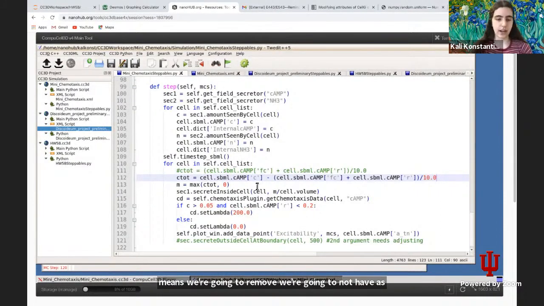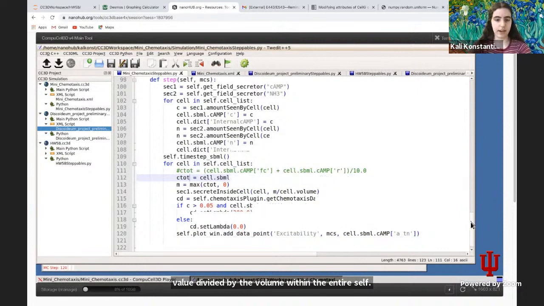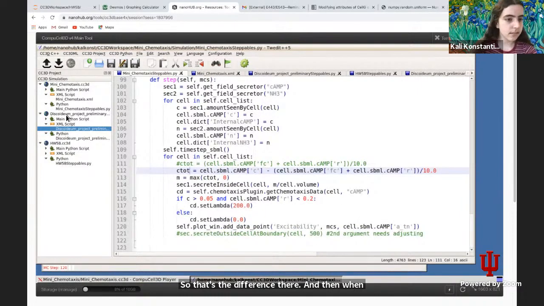Then, as a safeguard, to ensure that we don't have a negative amount of cyclic AMP, we're going to find the max of the total C and 0, and then secrete that value divided by the cell volume within the entire cell. So that's the difference there. And then when we run this,